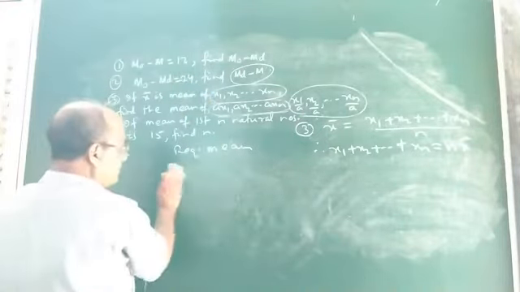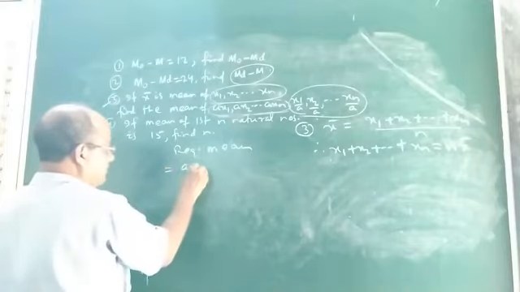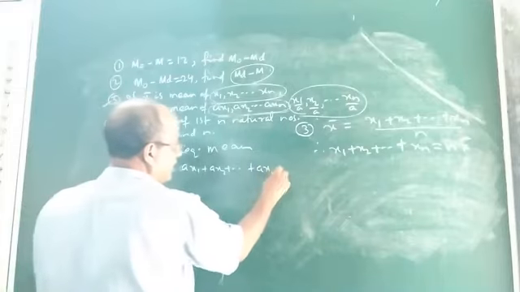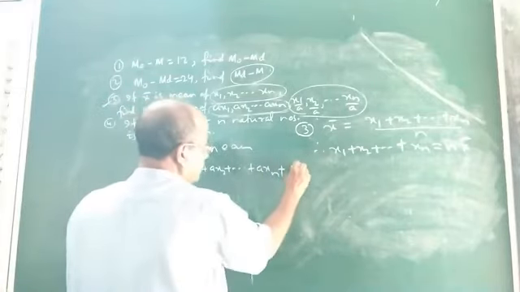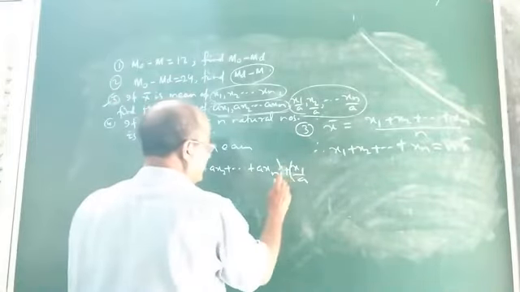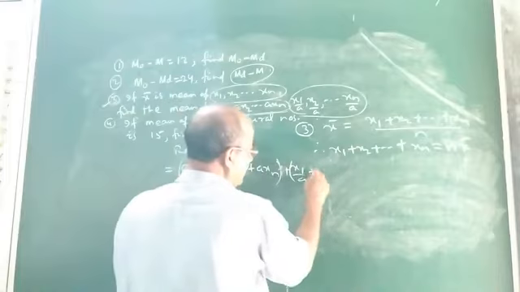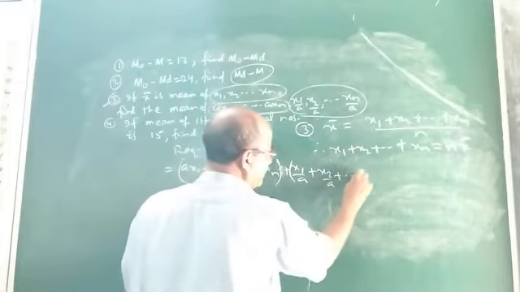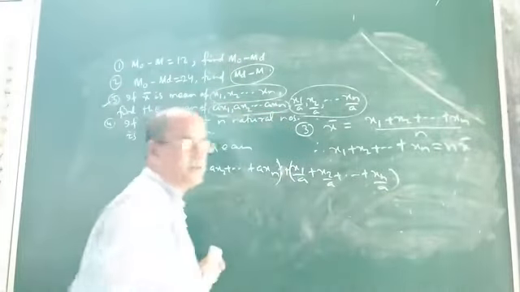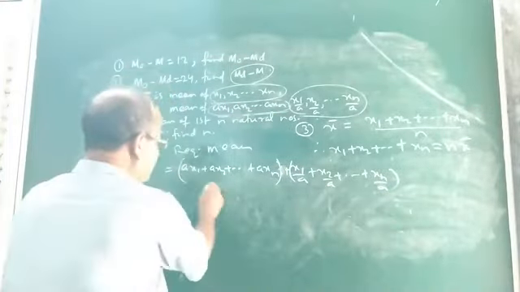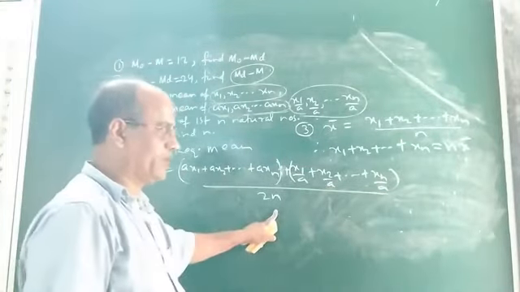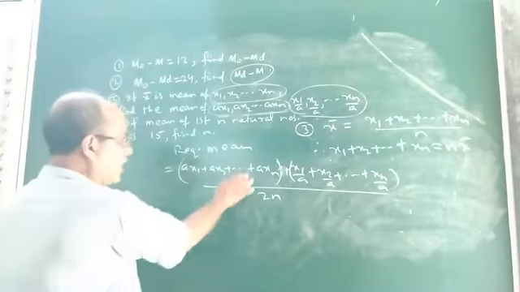So first you find the sum of observations. It is ax1 plus ax2 plus up to axn. This is one set. This is another set: x1 by a plus x2 by a plus up to xn by a. So this is the sum of all the observations whose mean we want to find. Now you divide it by the total number of observations. So what is the total number of observations? It is 2n. Okay. So now how to simplify this?